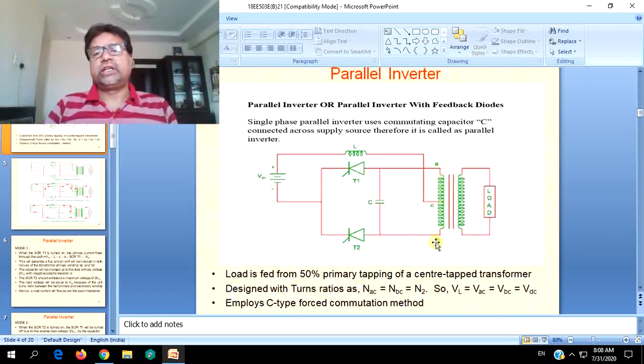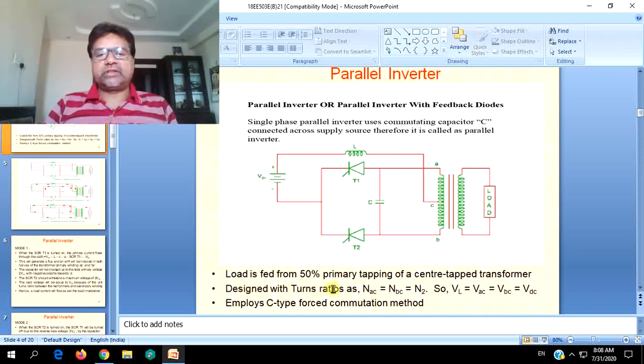or simply to say, the transformation ratio, that is secondary to primary voltage, will be 0.5, or it is a step down transformer where if you give 2V to the total primary winding, load will be getting only V. Now when you give VDC or V to one half of the primary winding, then load voltage will be V. That is what is shown over here.